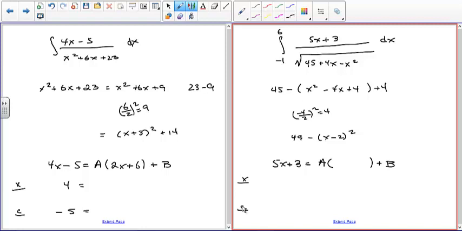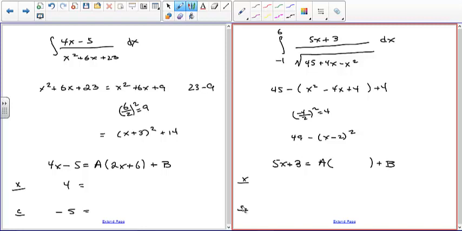So remember, this is the derivative of the denominator. The same with that other thing. Because in this case, u is going to be equal to x plus 3. In this case, u is going to be equal to 45 minus 4x minus x squared. Over here, I'm not going to have the arc tangent, I mean, I'm going to have the arc sine, but the other thing I'm going to be doing is,